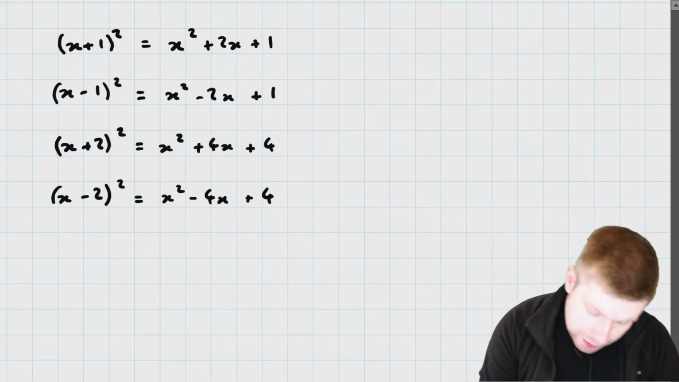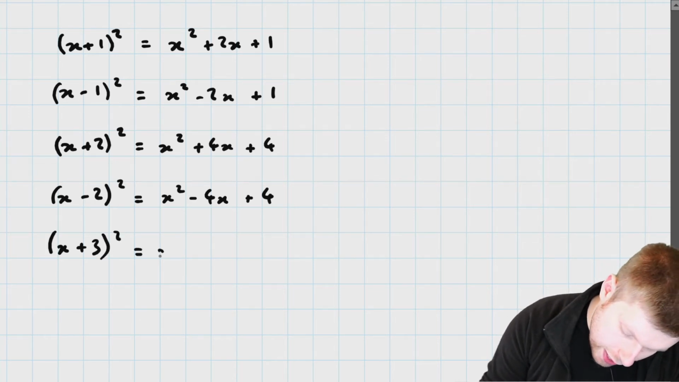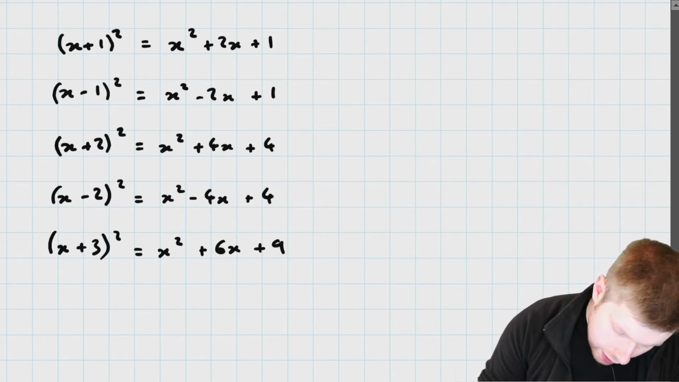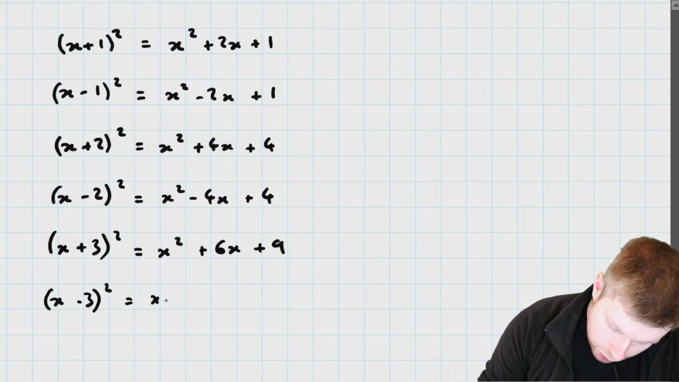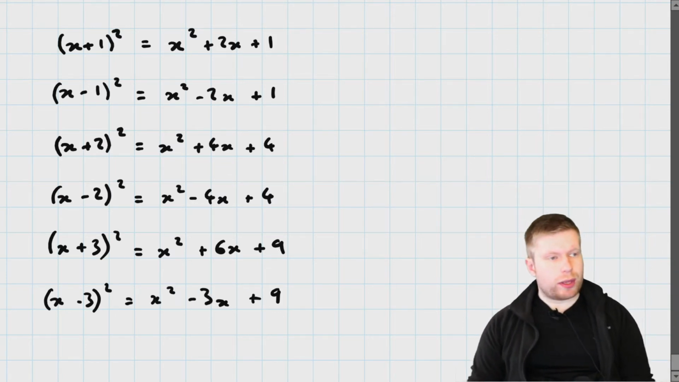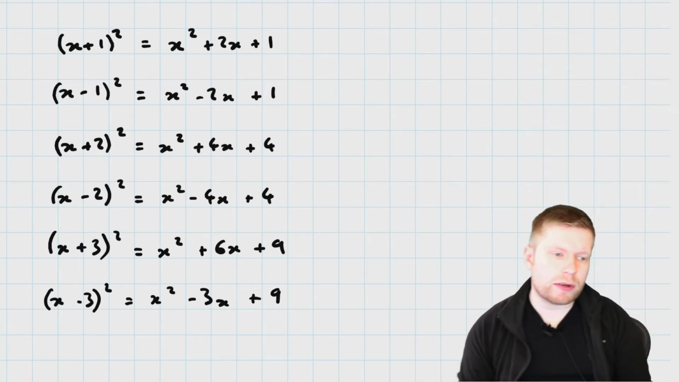If I work with x plus 3 all squared, this is going to give me x squared plus 6x plus 9. And if I work with x minus 3 all squared, this is going to give me x squared minus 3x plus 9. So basically the reason for doing those six expansions of perfect squares is